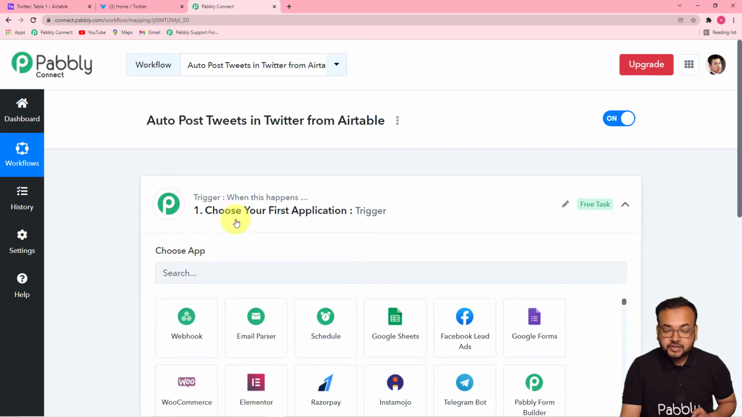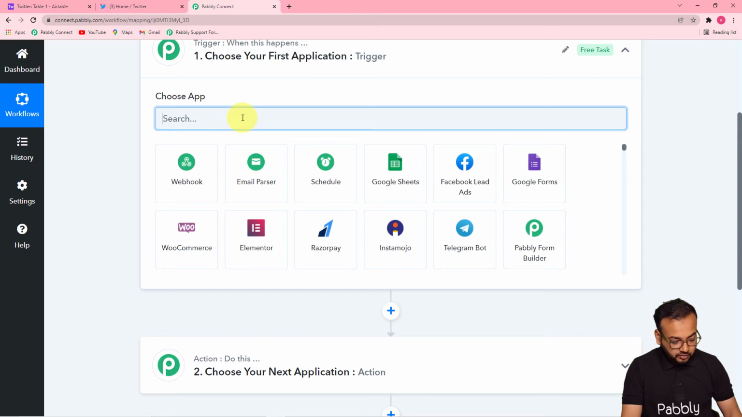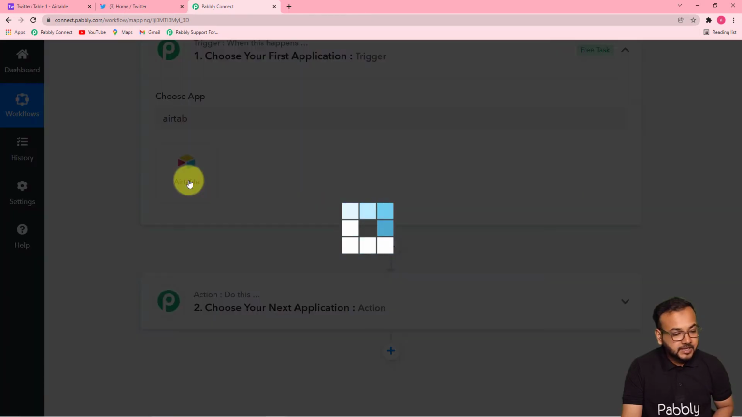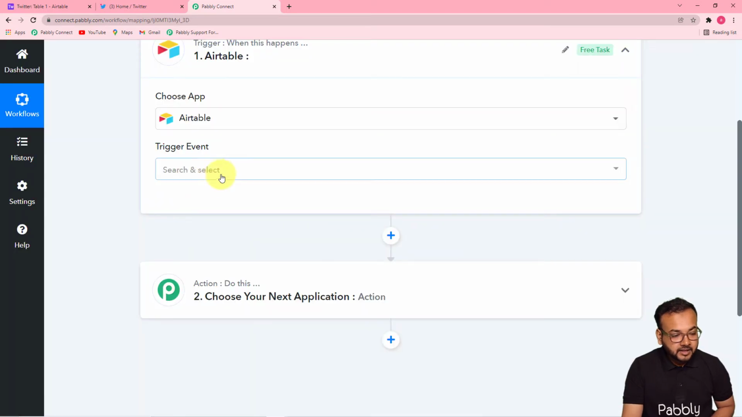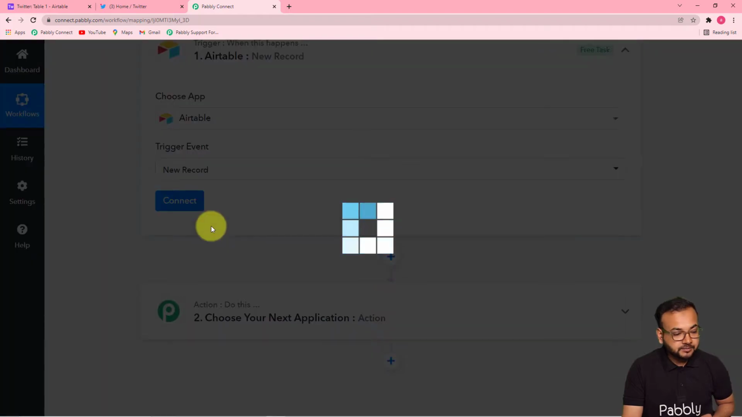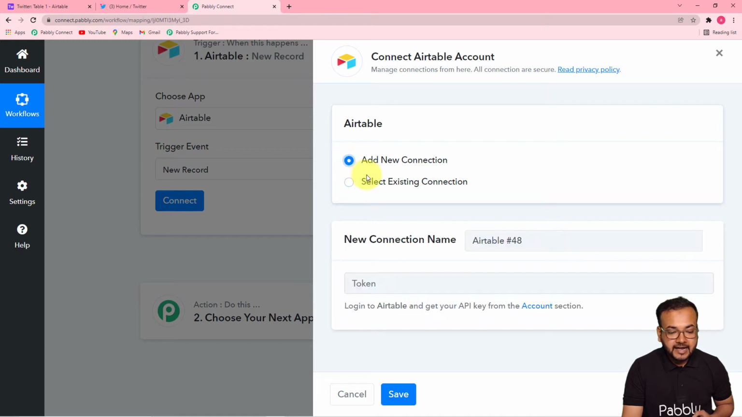Click here on this trigger section, and from this choose app field, choose your trigger application. In our use case, the trigger application is Airtable. So type Airtable here. Here it is. Select it. And then it will ask for the trigger event. The trigger event would be new record, because it triggers the workflow when a new record is available. So click on the new record option, then click on connect, and from this window select the add new connection option,